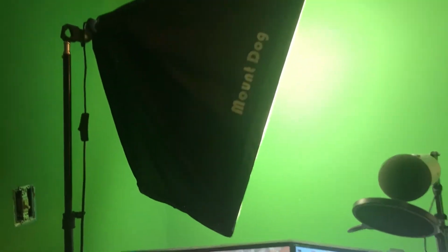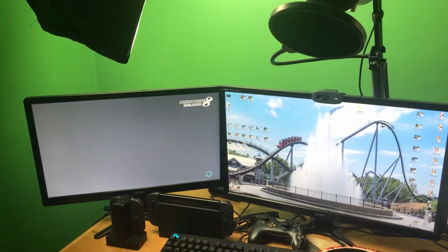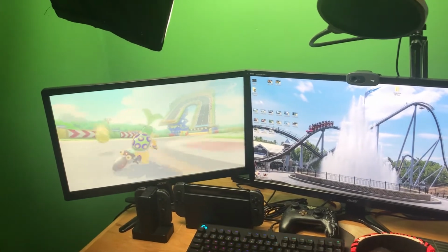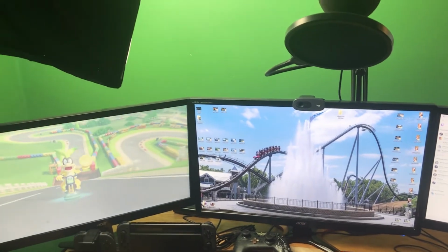Well, actually, starting right here, we have a nice little studio light, which I'm not going to blind you with, and I don't blind myself with. Instead of shining it directly on my face, I bounce this studio light off the wall, so the light comes back to my face. That does not blind me. That's the first purpose of it. And two, it's nice because I'm already pale as a ghost, so if the light was shining directly on my face, I would look even more pale, and it would be even more embarrassing on YouTube videos and Twitch live streams. So bouncing it off the wall does a great service for my face